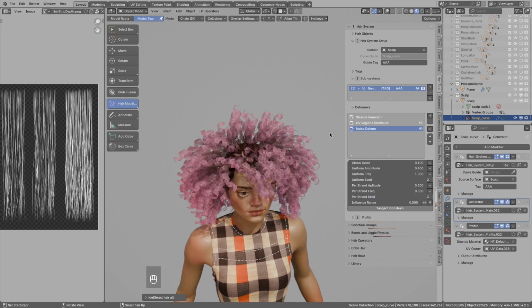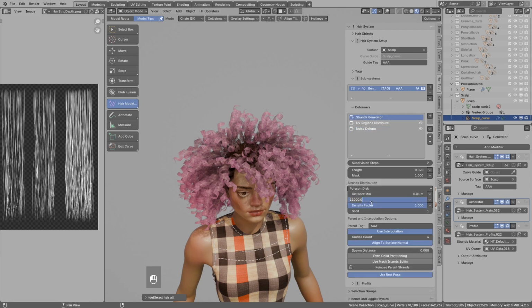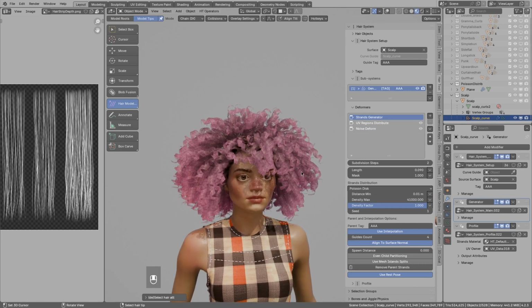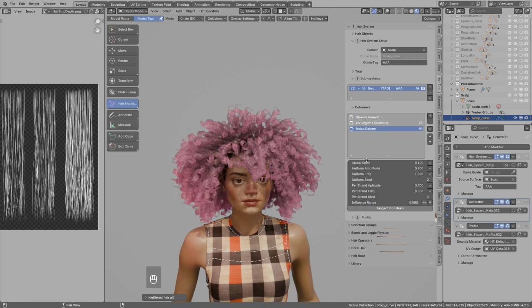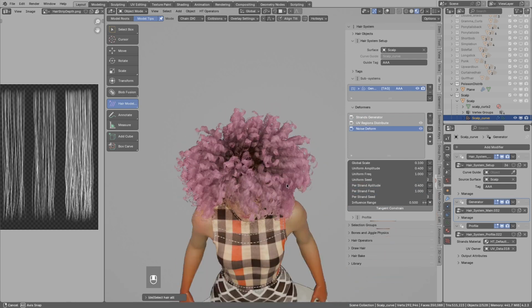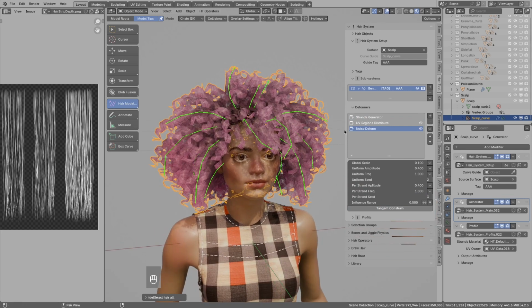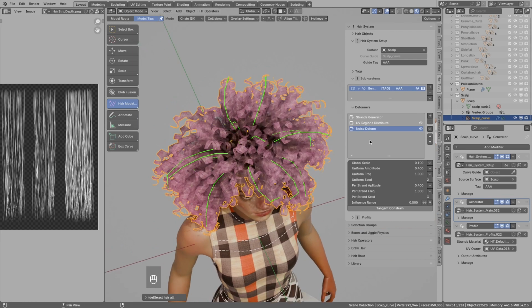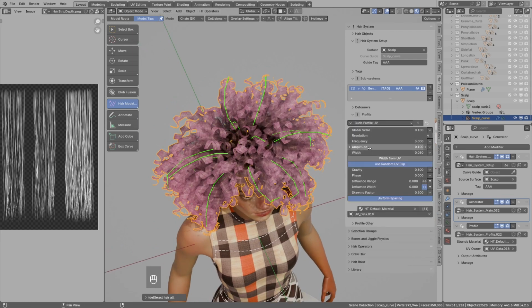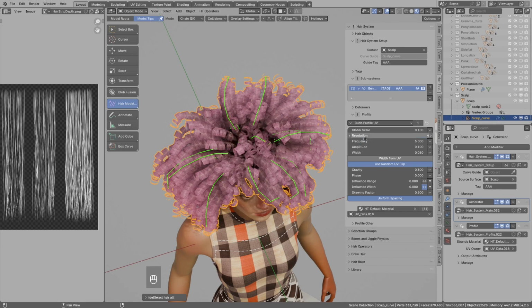And maybe this is not dense enough, so let's go to the strand generation. I will try to bump up density like 4 times. This looks kinda okay, almost. Maybe if I change the frequency of the noise. So let's say this is good enough. And I could maybe bump up the frequency on the curls. So in the profile, we'll go to the frequency, go maybe to 4 or maybe even 5.